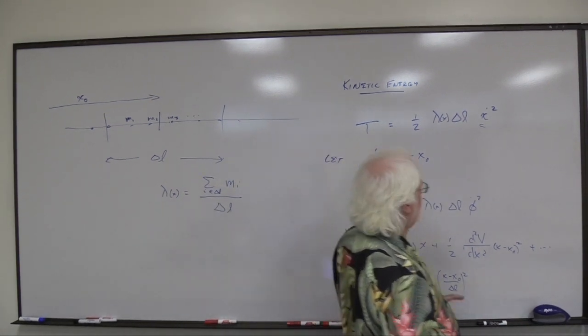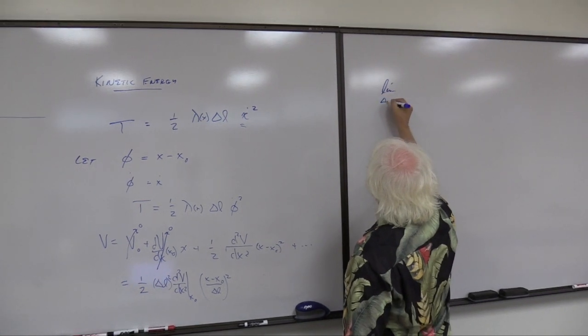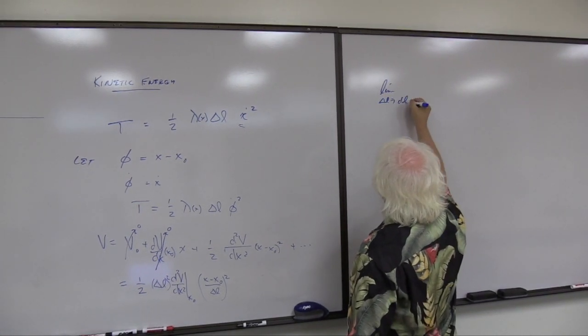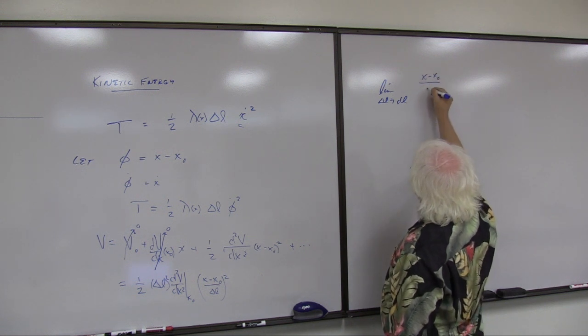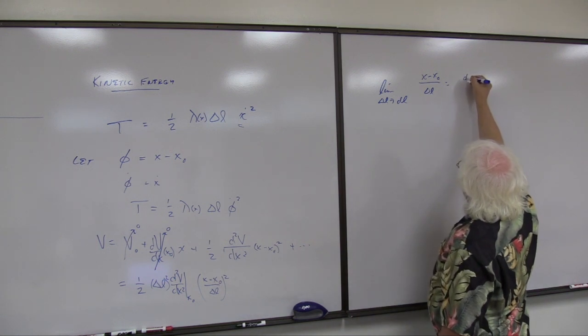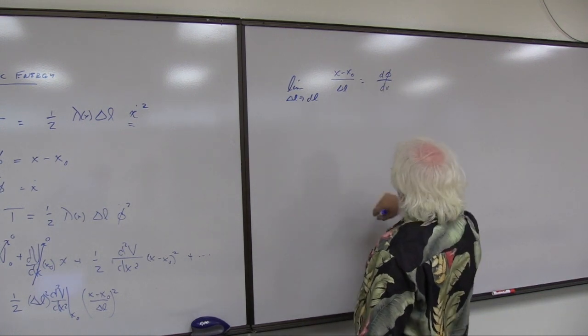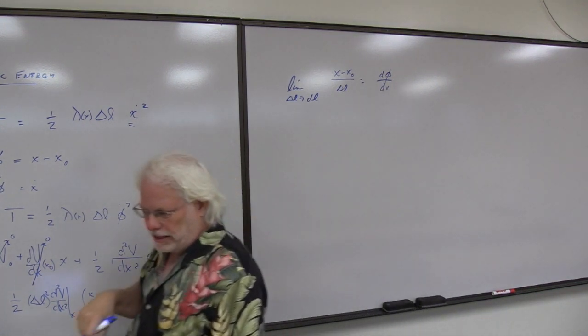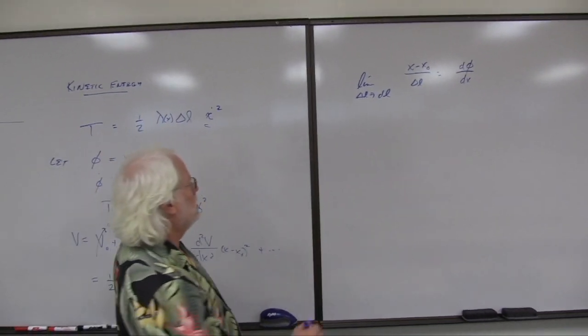But what I can do is, in the limit as delta L becomes small, x minus x naught, the displacement over delta L, is just going to be the derivative of this displacement phi, how that's changing with position. And that lets me write the potential